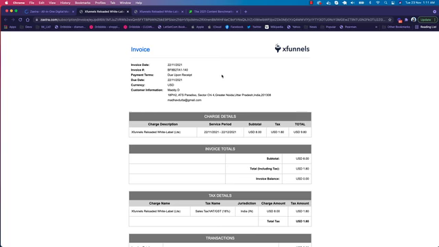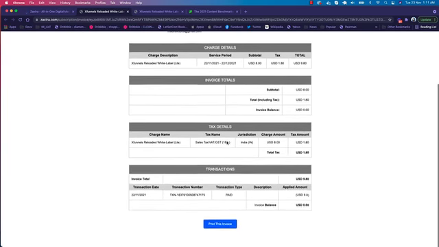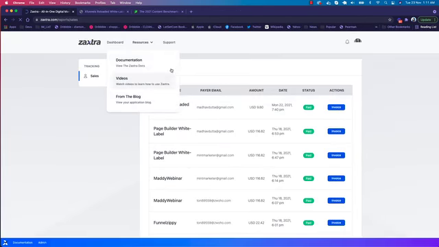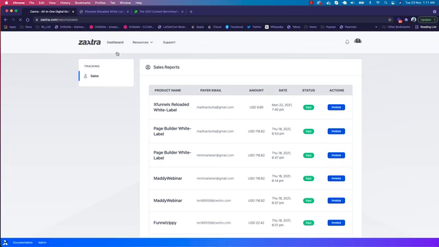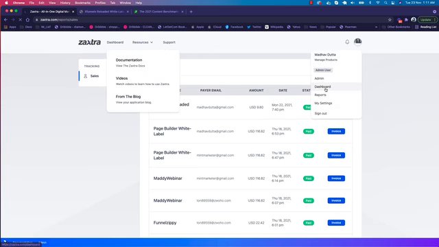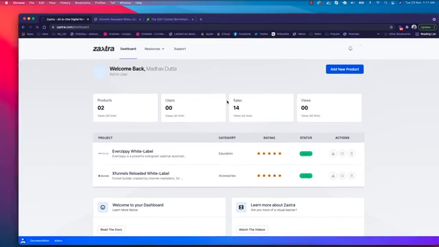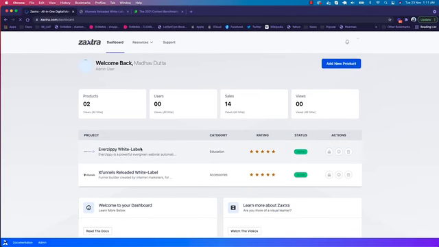You click on invoice, you will have the complete tax invoice, which can be printed or downloaded, or you can actually send this invoice in PDF format to the user manually if you want. But auto invoicing is already there, so whenever somebody purchases, they should receive this invoice automatically by email. And you go back to the dashboard here, you will see the sale count has increased. It was 13 earlier, now it's 14 because we have sold one license.